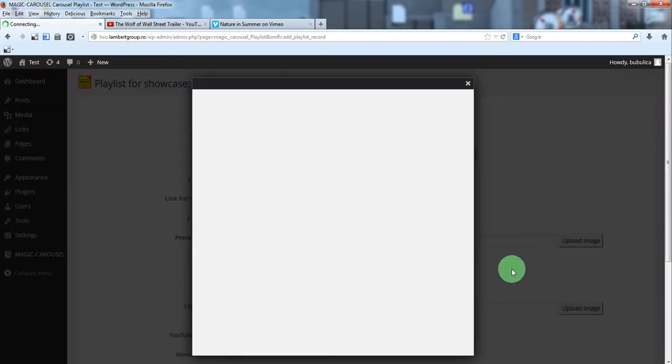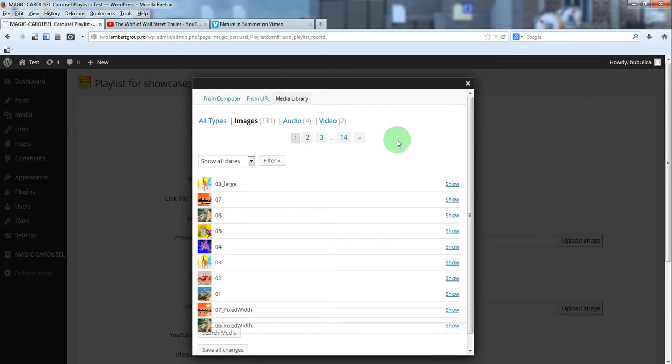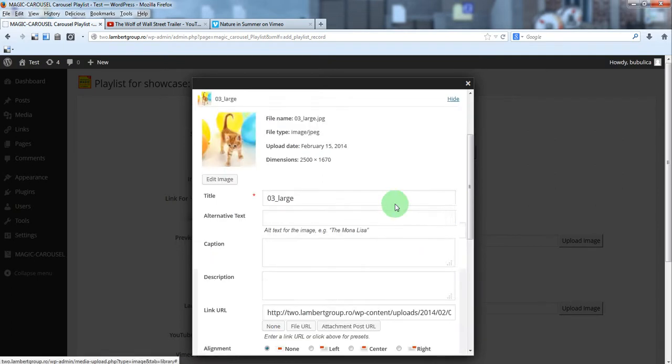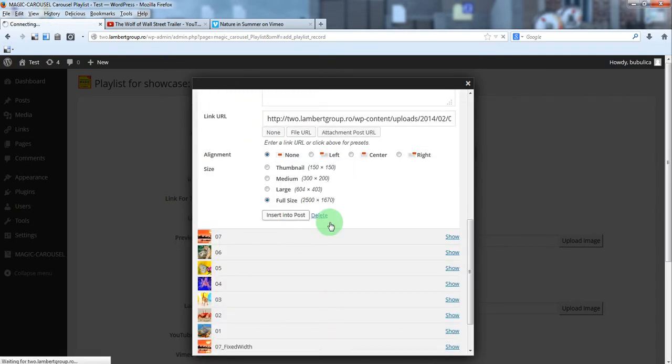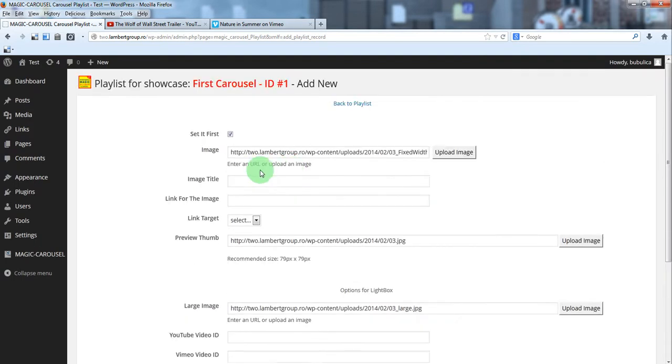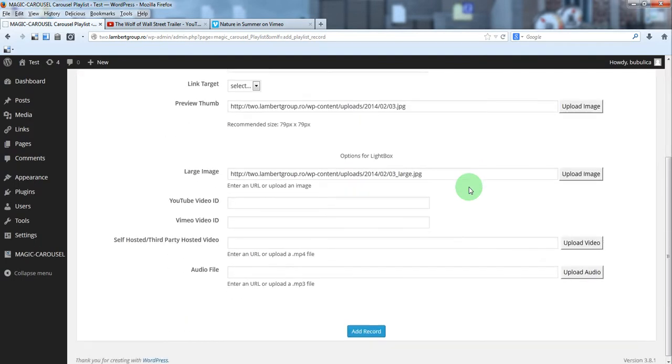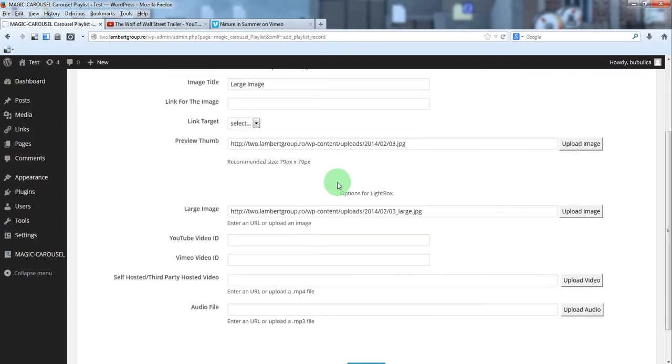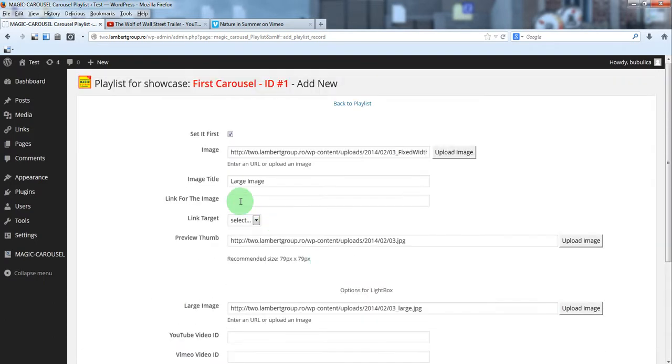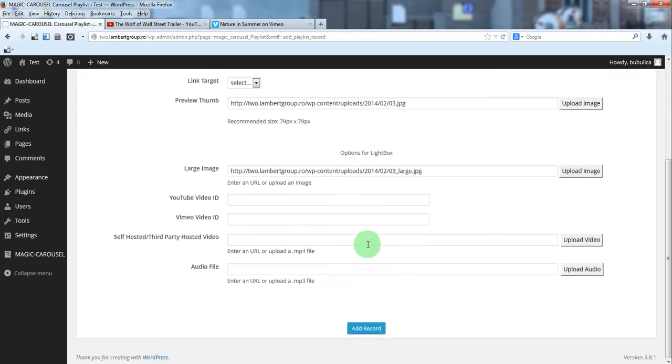For the large image it's the same thing, we'll just insert the image from the media library. Let's add a title. The title is also optional. We want to put it at the end, so we'll uncheck set it first. Add record.